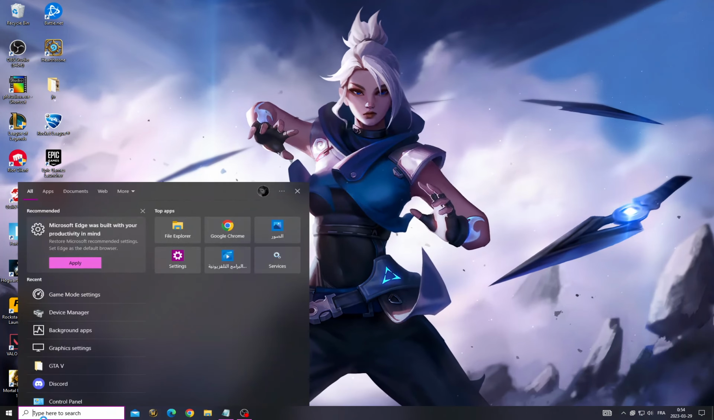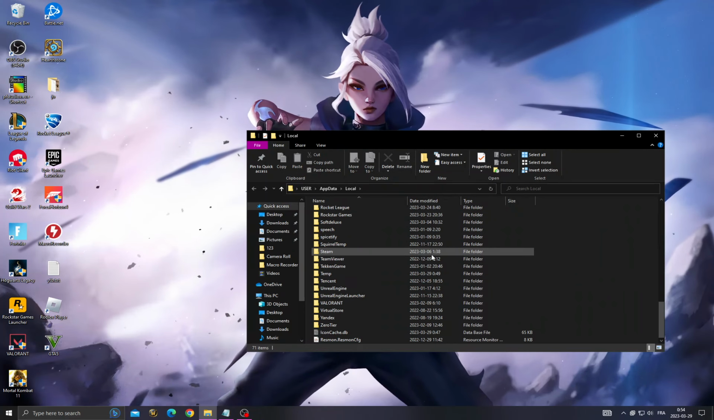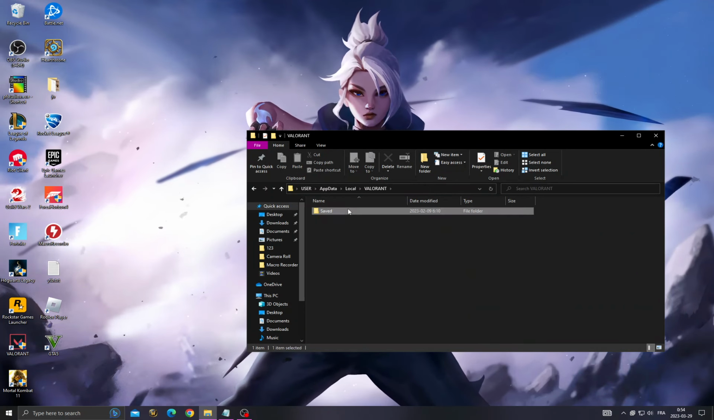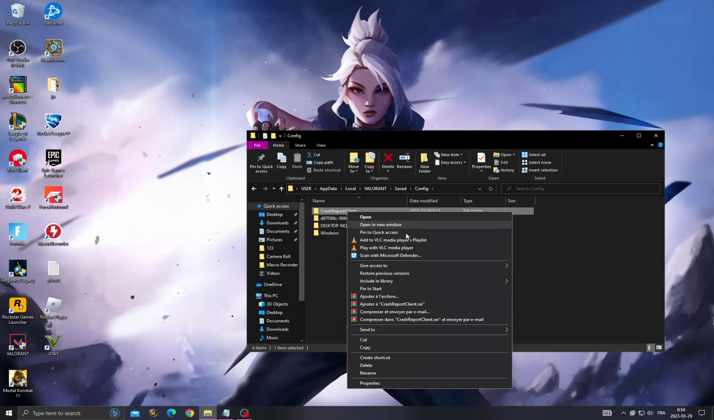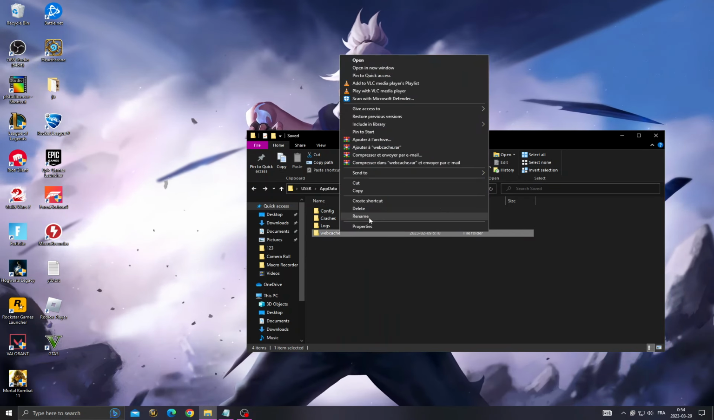Now the last thing you need to do, type here run, and then type here %localappdata%, scroll down until you find here Valorant, saved, config. Now delete crash report client, click delete, and then go back to this one, web cache, delete it, and after